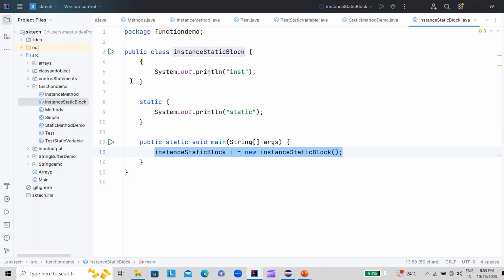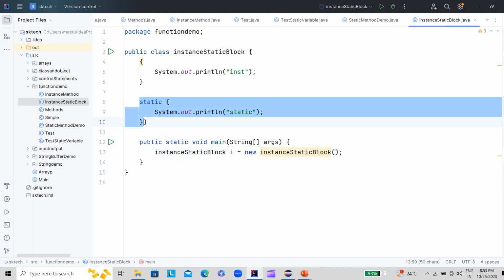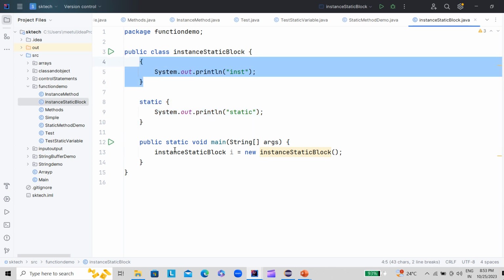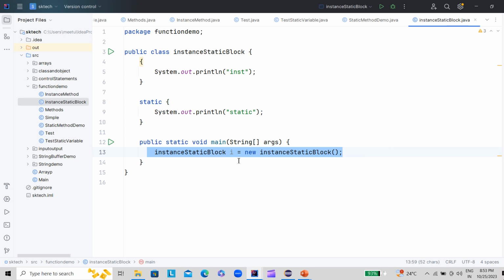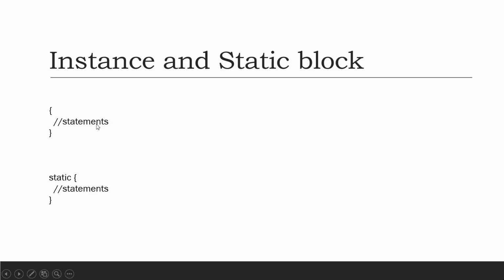So this is how we can create the instance block and static block, and the flow of execution is that the static block is called first, and then the instance block is called only if an instance of the object has been created. We are simply creating the instance of the class, but we are not calling it. So that is about the instance block and static block.